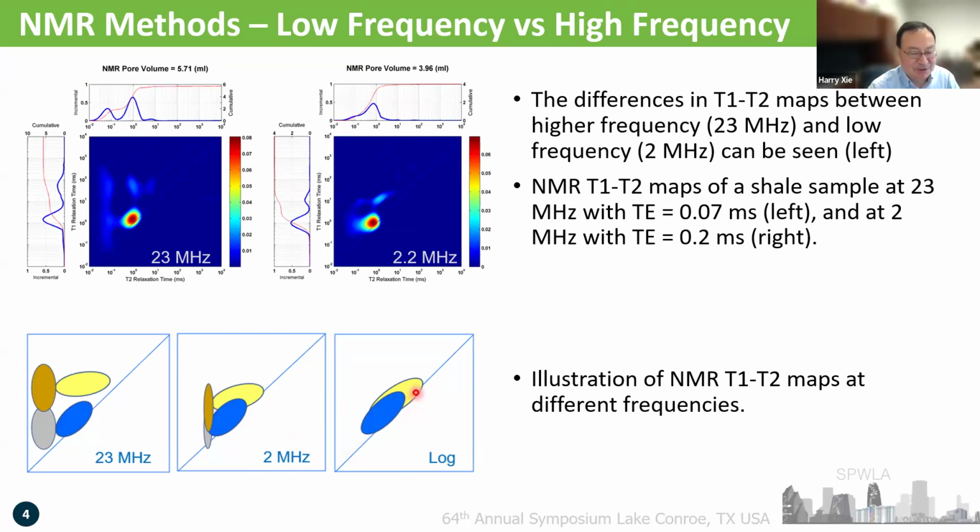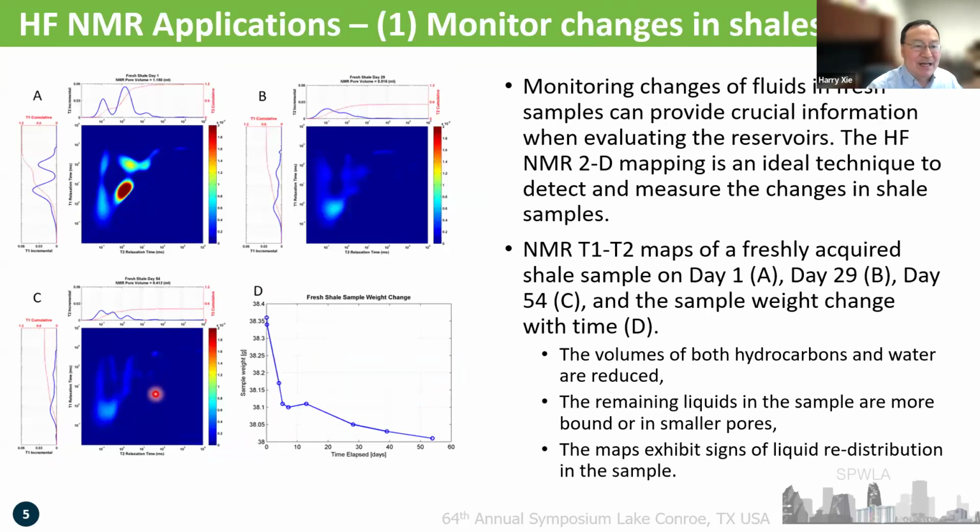So that gives you another question to think about. When you do machine learning, you only have T2 data, and people say you can use some algorithm to separate water and oil signal from a T2. Do you think it's possible? Or do you have to use a different technique, for example, 2-dimensional measurements? So you have to think about that. And with the higher frequency 2D measurements, one first application we can do is we can monitor the sample